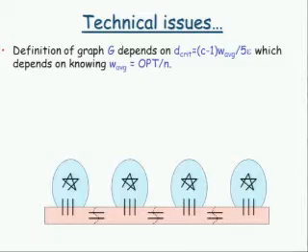All right, and now a number of technical issues. So in particular, the description of the algorithm that I had so far depends on this value d critical, which is (c minus 1) W average over 5 epsilon, which depends on W average, which in turn depends on knowing opt, which is the value of the optimal solution, say, for the k-median. And now, of course, we don't really know what that is. Okay, now, how can we do this?